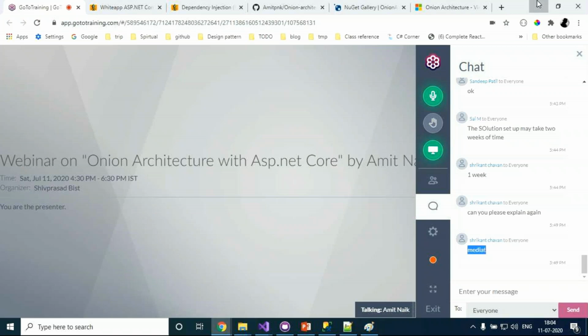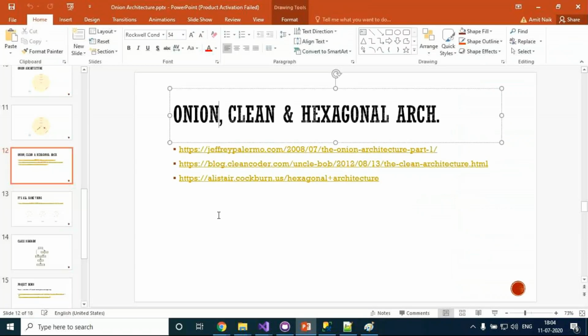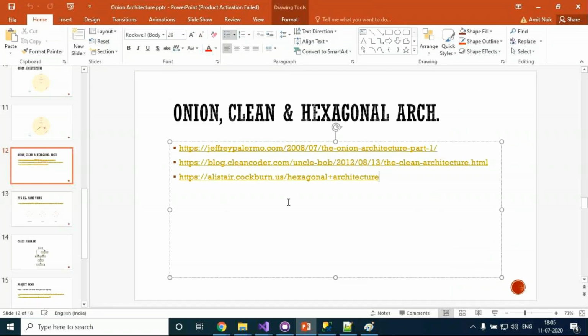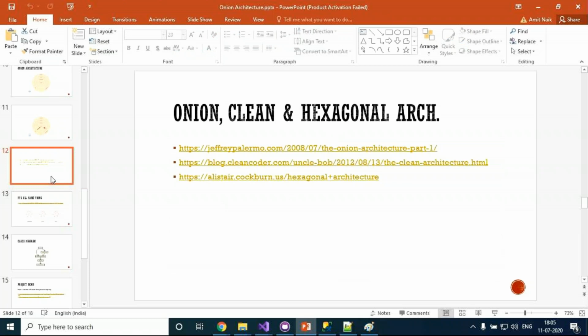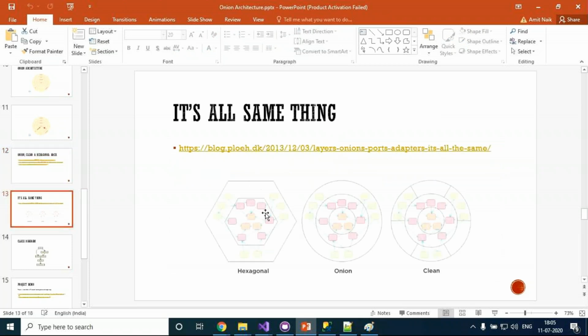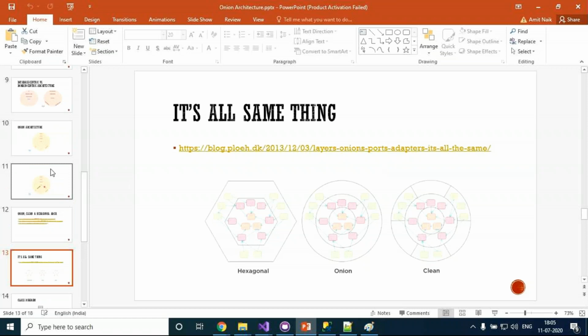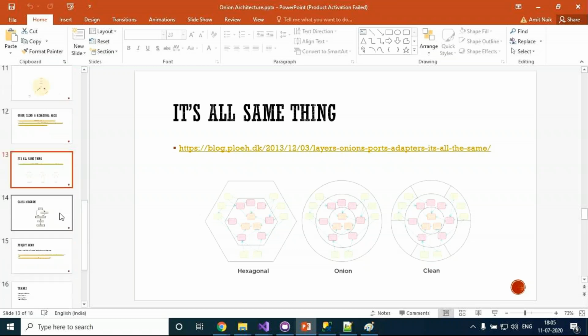I was supposed to show that flowchart itself, but thanks for raising it. Initially, when you're talking about hexagonal architecture, port and adapter architecture, onion architecture or clean architecture, all of these architectures come under domain centric architecture, meaning the domain is kept in the center and everything is built on top of that. There might be slight differences, but there is not much difference.